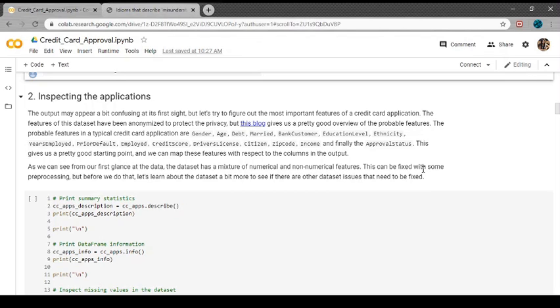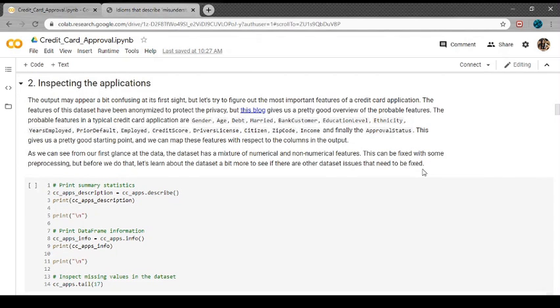Now, the probable features in a typical credit card application are gender, age, debt, marriage status, bank customer, education level, ethnicity, years employed, prior default, employment status, employed or not, credit score, driver's license, citizen, zip code, and income. And finally, approval status, whether the application is approved or not. So this gives us a pretty good starting point, and we can map these features with respect to the columns